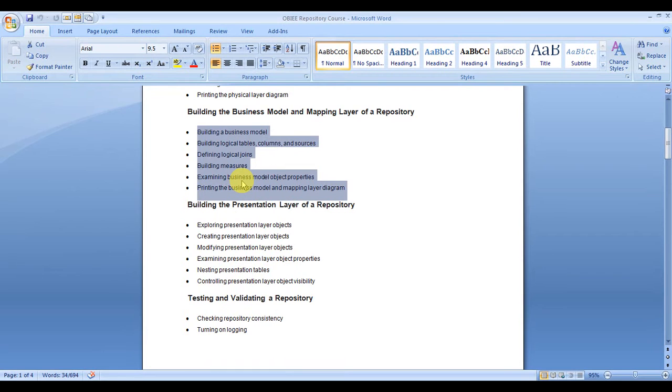Hi, in this tutorial we're going to discuss building the business model and mapping layer of your repository.